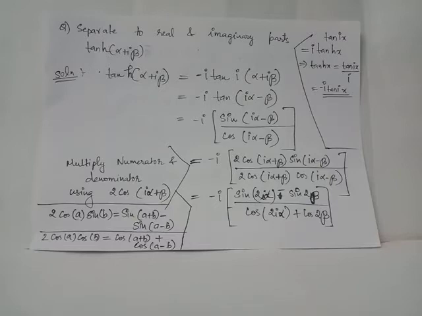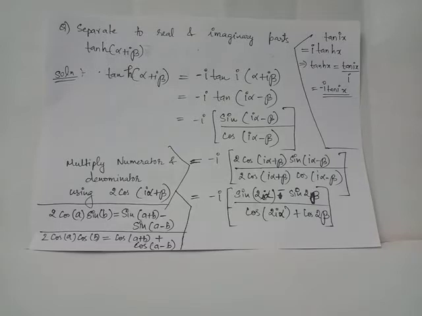Now if we multiply numerator and denominator of this expression using I, numerator becomes I tan ix and denominator becomes I square. We have I square equals minus 1 and the minus 1 in the denominator can be taken to the numerator. Therefore, we obtain tan hx equals minus I times tan ix.